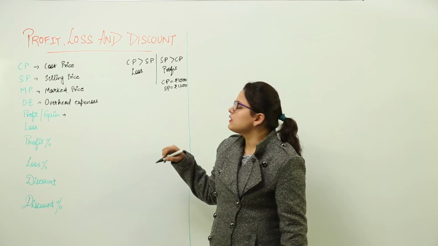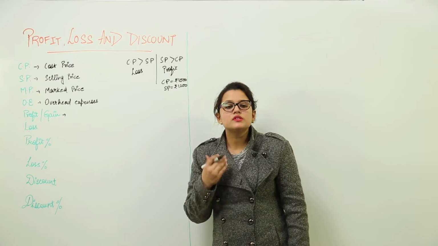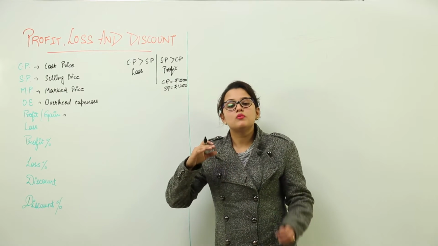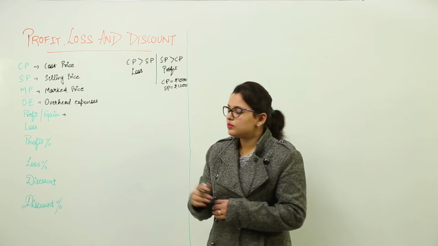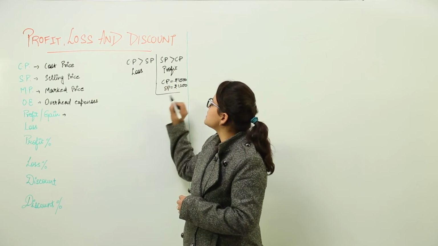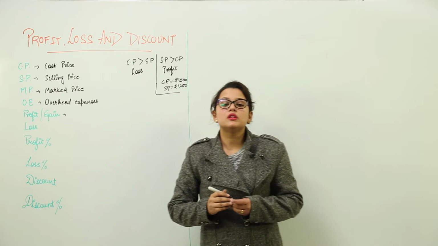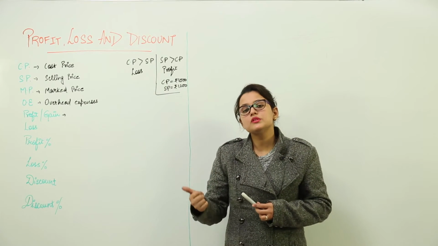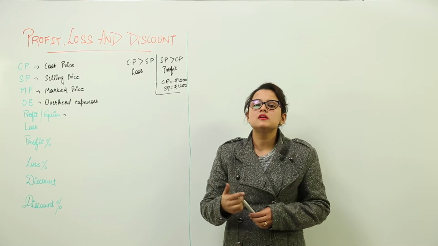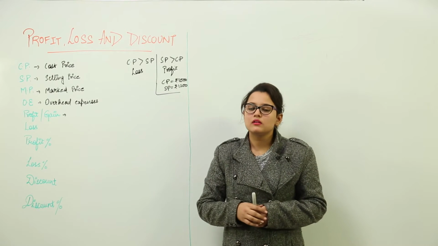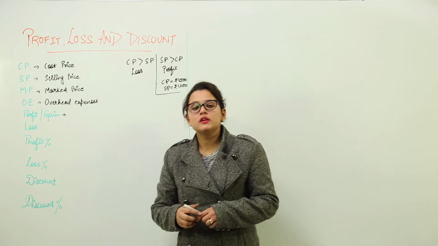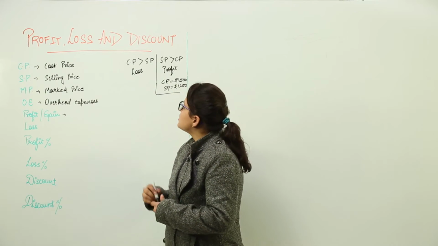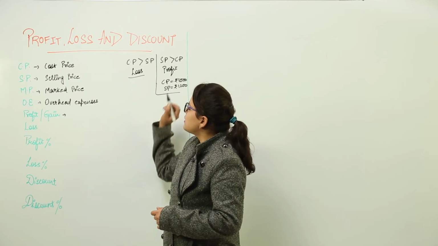Can you tell me which one is greater? Obviously your selling price is greater. Because your selling price is greater, you will be earning profit in that. That's the logic behind this. Similarly, if the cost price is 1000 only and you are selling it at a price lower than that, could be 500, 600 or 700, you will be incurring loss in that. So that is the case for loss and profit.